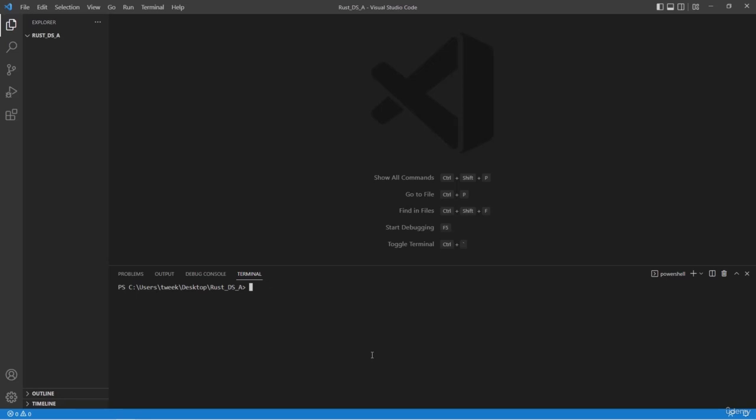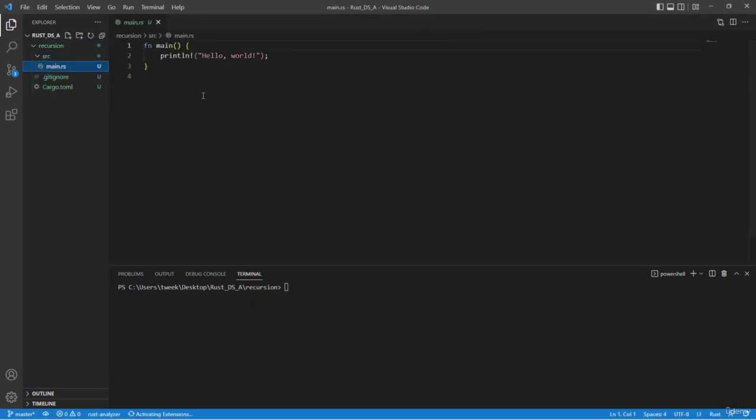Alright, so let's implement our recursive factorial function. So we will say cargo new recursion, we'll go into recursion, and now we will open up our main.rs. So to keep it similar to how we had talked about it in the previous lecture, we will make our own function called fact, and we'll make our argument an i32 num, and we want to return an i32